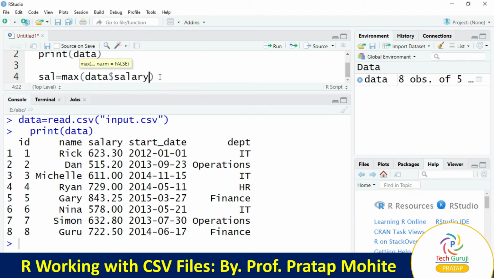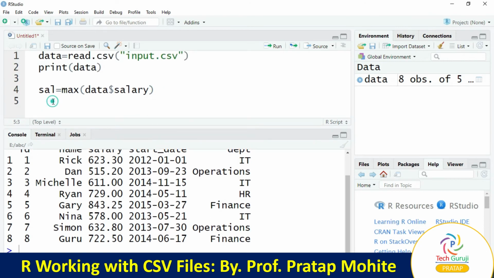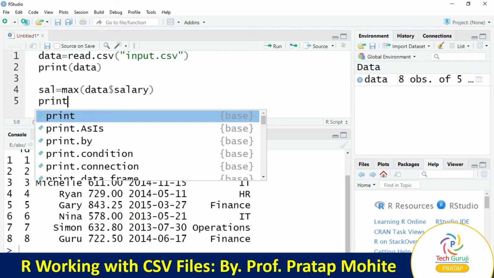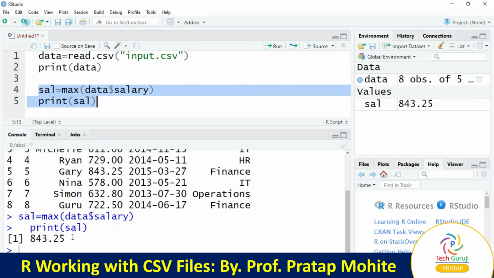So this will return a maximum salary record and we'll print this sal. Now we'll select the last 2 lines and click on run.